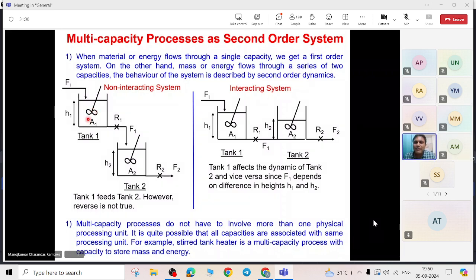So you can see that in this case, if I apply the Laplace transform and obtain how this H1 is related to Fi, I am going to get Kp divided by tau p1 s plus 1, where Kp is nothing but R1, whereas tau p1 will be nothing but A1 R1. Do you all agree with me? Correct? Yes or no? Yes, sir. Similarly, for the second tank, we are going to get the transfer function. We are going to get Kp2 divided by tau p2 s plus 1, where Kp2 will be nothing but R2, and tau p2 will be